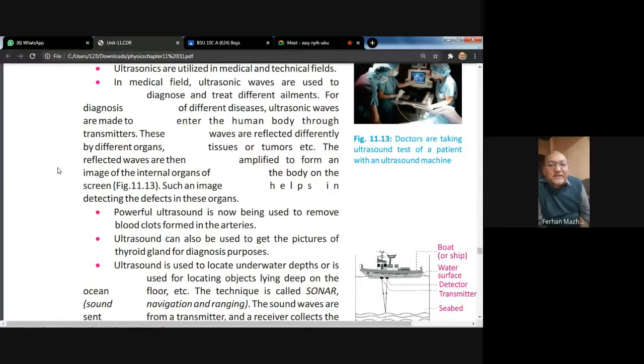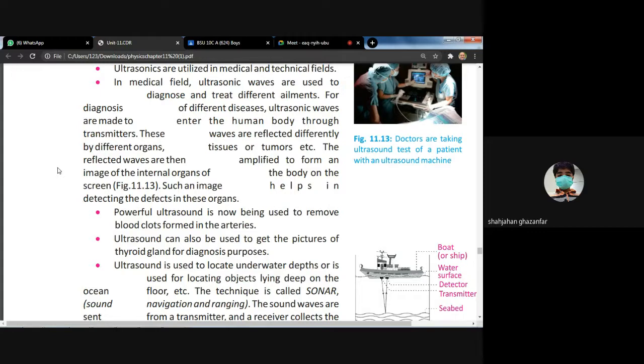Ultrasounds are sound waves actually. They are reflected from the tissues. This is not done by the normal human naked eye. Ultrasounds are sound waves. They are reflected from the boundaries of different tissues, and the computer makes an image. Okay, sir. So is it like the reflection of light, and this is the reflection of sound? I think so. Yes.